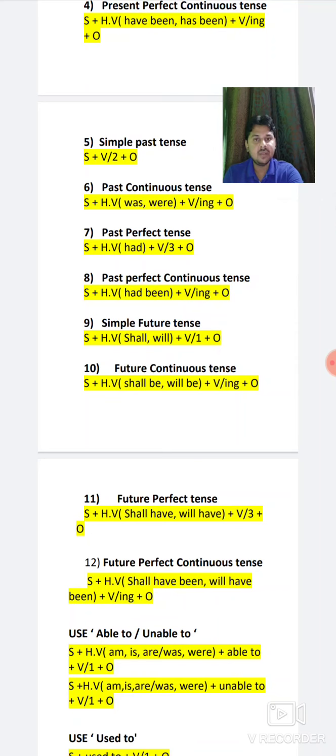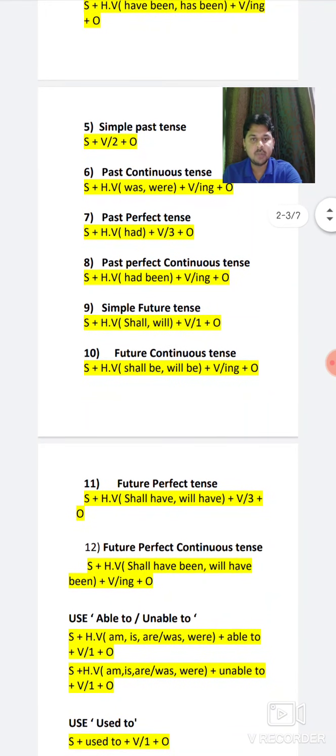Seventh topic, students, past perfect. It is one of the important topics. Most of the time, if a question is there, there is a major chance that the question will come on past perfect tense. So look at the structure of past perfect tense. Subject, after that there is only one helping verb, had. Here no tension about singular or plural words, because you only have to follow one helping verb, so you can directly use had. After using had, verb third form will come, and at the last the object will be there.